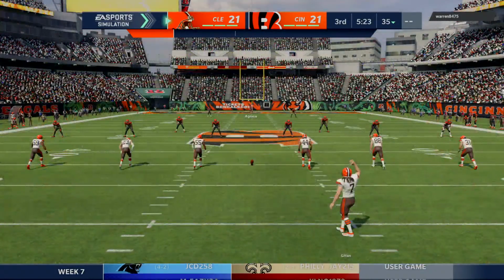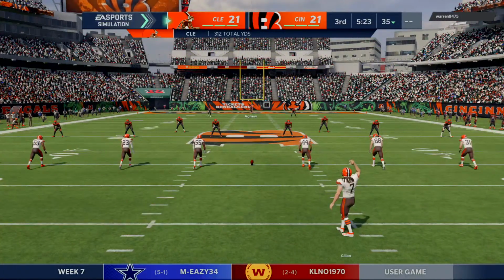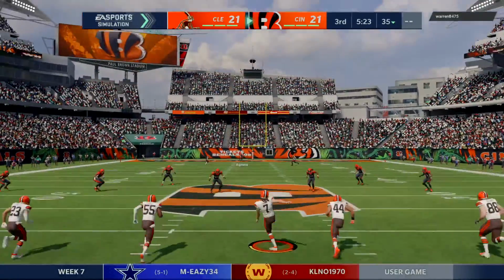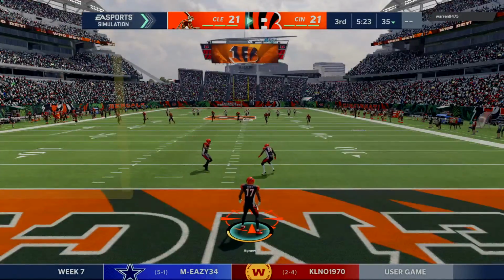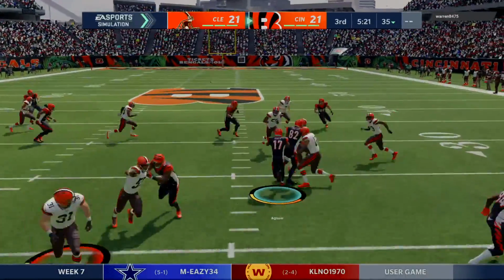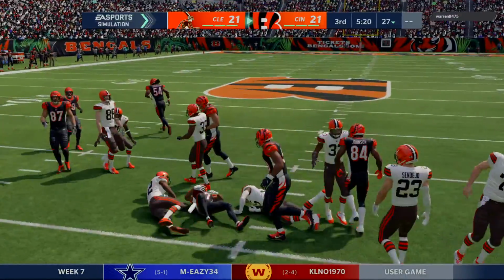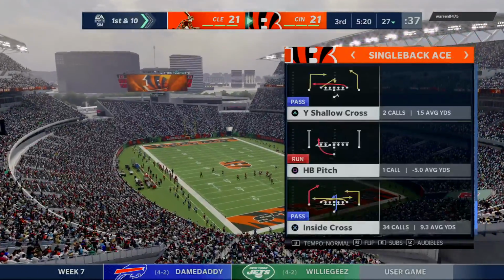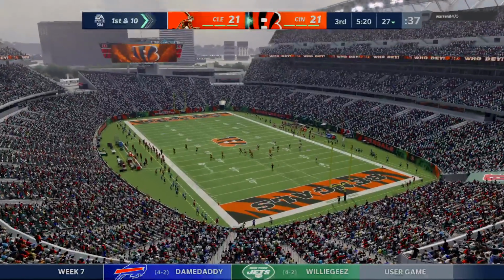That ties the game. Extra point by Seibert, up and good. And we are tied at 21. So we're right back where we started, all even as the kick's away. Now this will make it into the end zone. And he'll wind up getting a couple extra yards here for his trouble bringing it out of the end zone as he's down at the 27. At their own 27-yard